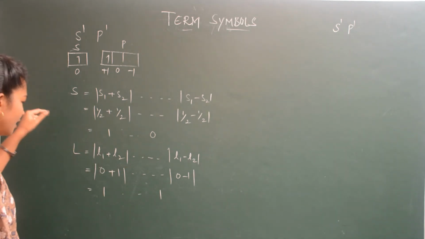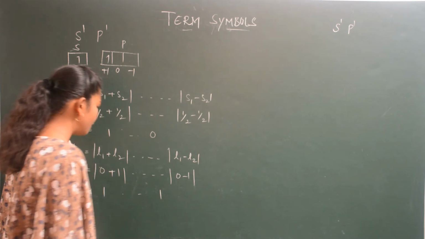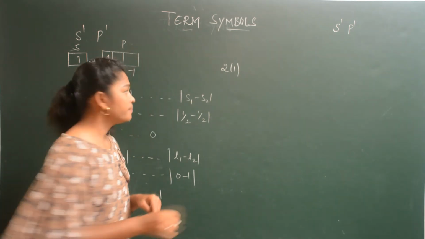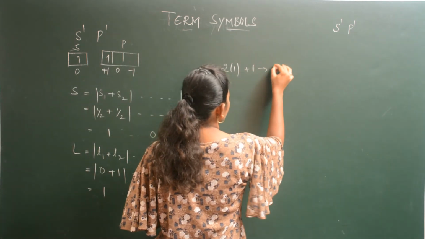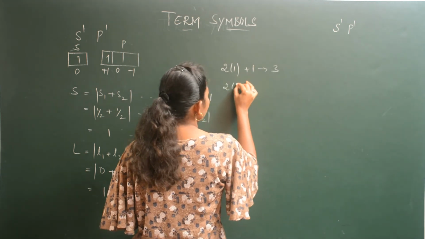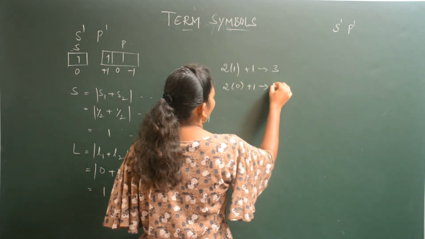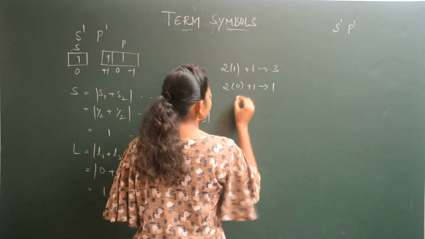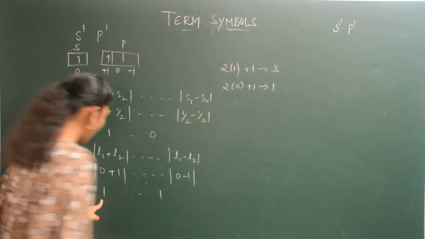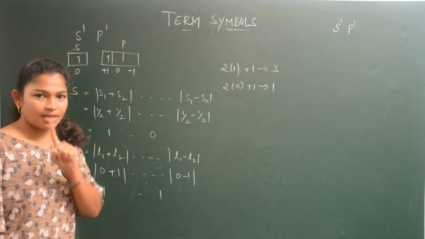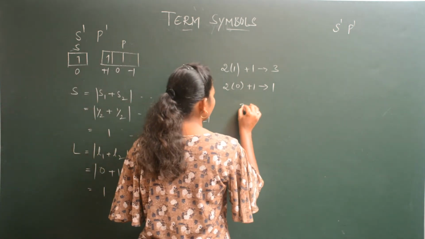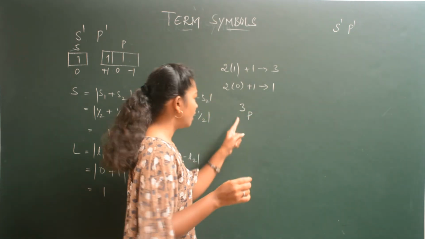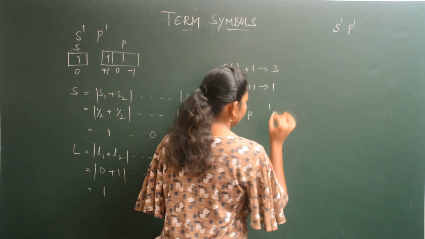Now what are the term symbols? First, write the atomic term. For S is equal to 1, 2S plus 1 gives 3. For S is equal to 0, 2S plus 1 is equal to 1. Now write the atomic term. L is equal to 1 means which term do you write? P, right? So 3P is one atomic term, and 1P is the other atomic term.